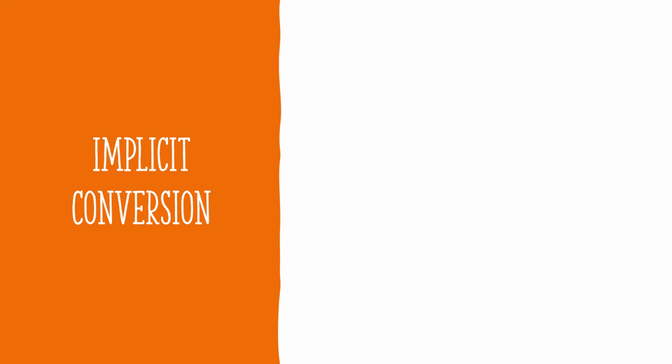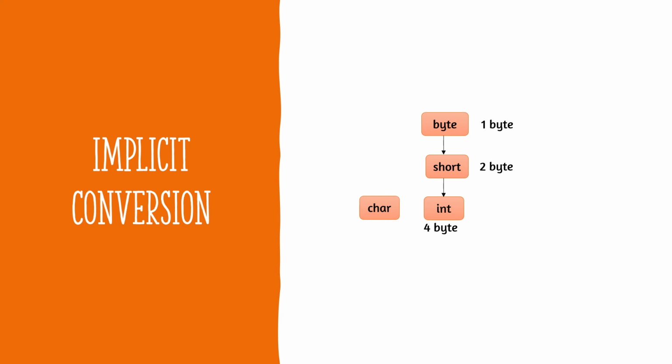Now we can see what all implicit conversions can be done without difficulty. Byte contains 1 byte. Byte can be converted into short, which contains 2 bytes. So small to big. That means byte can be converted into short without any extra command. And both of them can be converted into int, which is of 4 bytes. And here we can see character is also 2 bytes. So character can be converted into int. And now int can be converted into float, which is of 4 bytes, and int can also be converted into long. Character also can be converted into all these data types, and long contains 8 bytes.